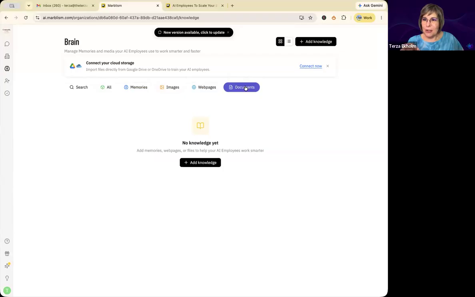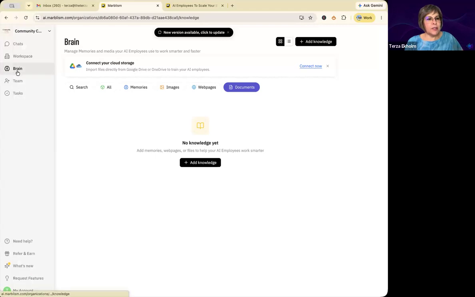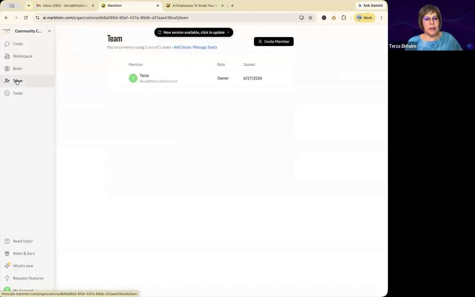This document is super interesting, and I will show you how to create it as part of this demo. And apparently now I could even connect my cloud storage, my Google Drive or OneDrive. If I had them, I would connect them here to train my AI employees. But as I said, we're going to work today with Sonny only.